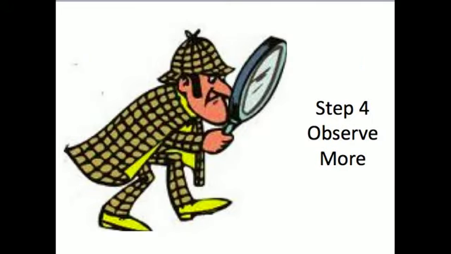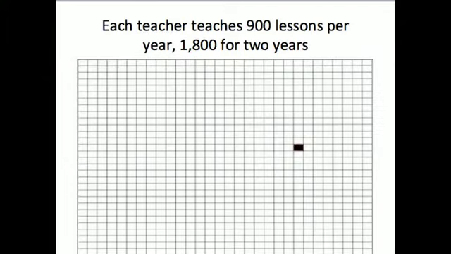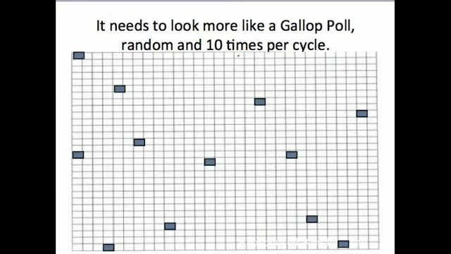The fourth step is observe more. As noted previously in this presentation, evaluation law only requires one informal and one formal observation for a tenured teacher. To be fundamentally fair to the teacher in this new high-stakes evaluation process, the evaluator needs to make multiple observations,